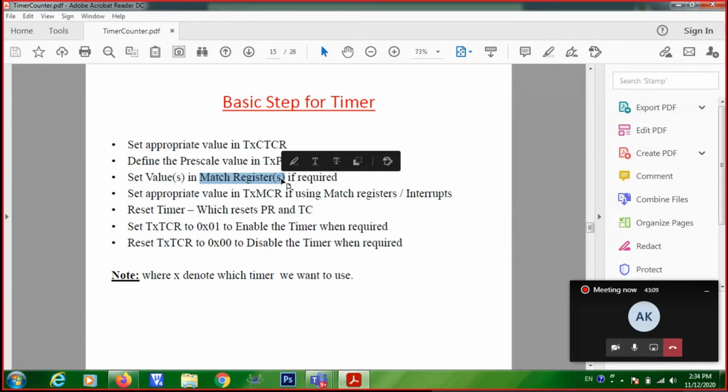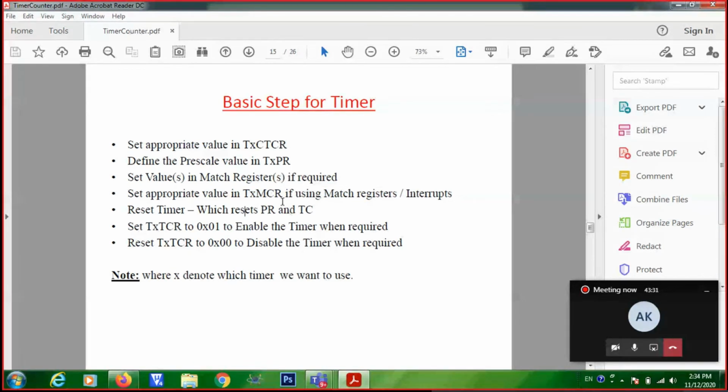Right? So your 500 timer counter value will be stored in the match register, and the match control register will be configured in such a way that you generate an interrupt on match, and reset the timer on match.